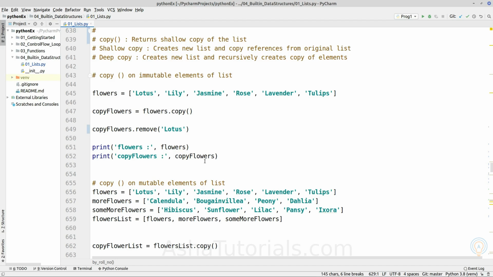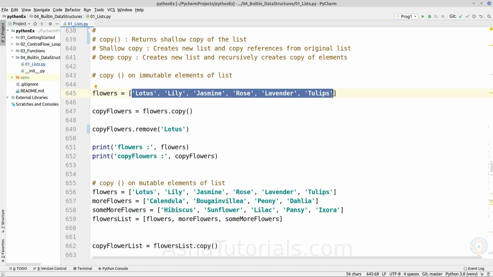As we have explained earlier, when creating a list object with elements such as these string elements, it will create the string objects and just store the reference, or the memory address, of each string object inside the list object, instead of actually storing that object.